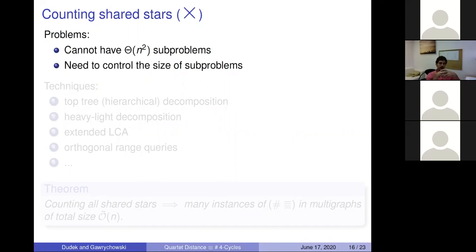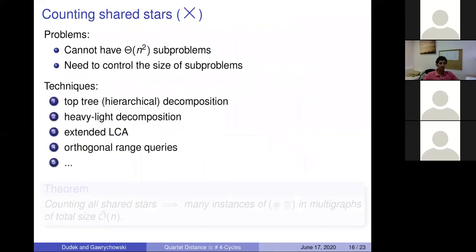And you need to control not only the number of subproblems, but also the total size of subproblems, because in the end you will have those graphs and you want to do something for the graphs. Okay, we show how to overcome this. I will not get into this part at all. We use some kind of recursive decomposition. If you know top trees, we use top trees decomposition, and heavy light decomposition that I guess more people know,